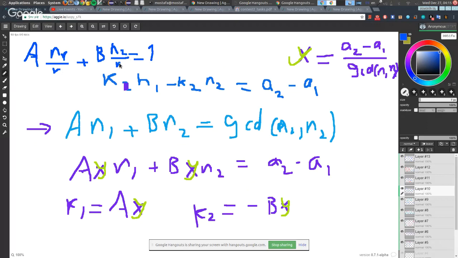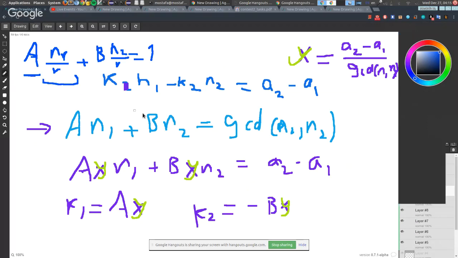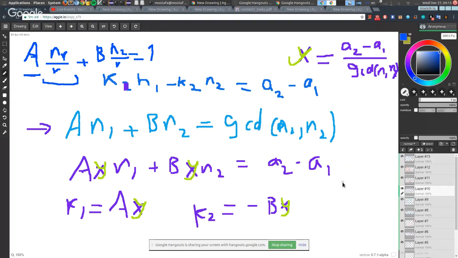Means that modulo n2 over R, A is a multiplicative inverse of this number. So basically this leads to the conclusion